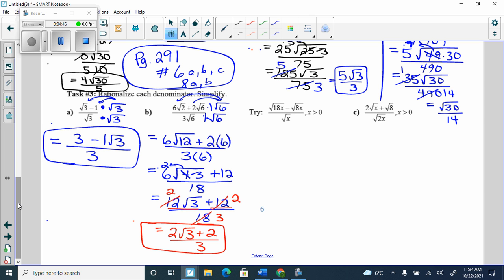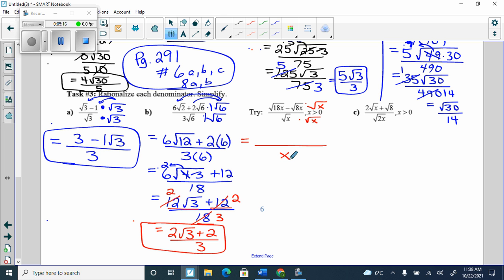You try the next two with variables. So I'm going to multiply this one by root x, and this one by root 2x. Yeah. Try them out. So for the first try, we're going to multiply by root x, top and bottom. So on the bottom, root x times root x is x. Please make sure that you put equal signs running down the left-hand side, because each one equals the next one